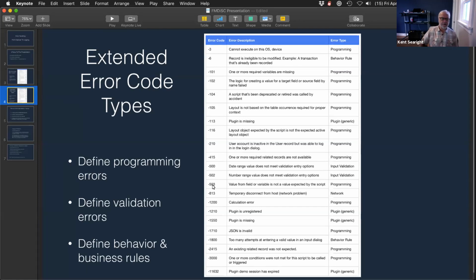And then I've got behavior and business rules, and this is where errors get more specific to the particular solution. I'll give you a good example of that. Error code -6, record is ineligible to be modified. So in the FileMaker solution that we're going to look at, where we're going to see an error happening,